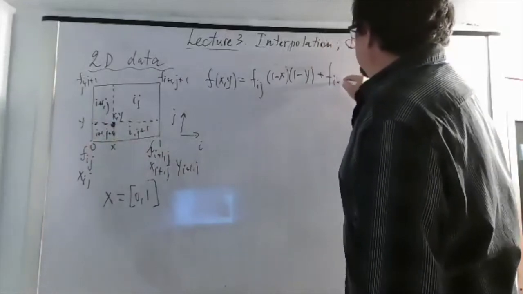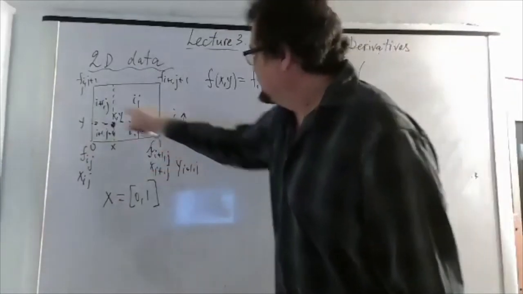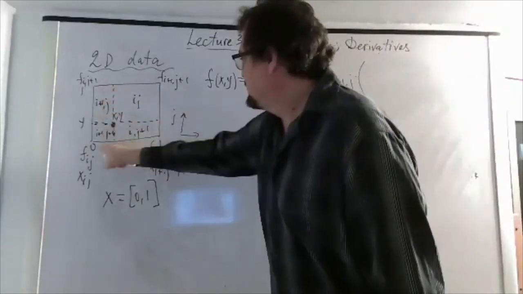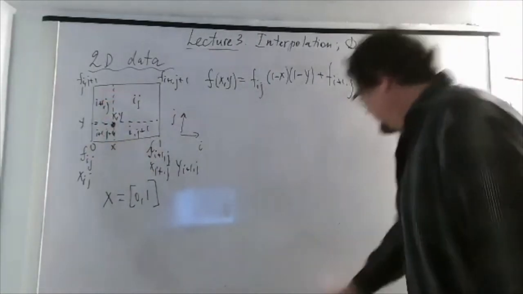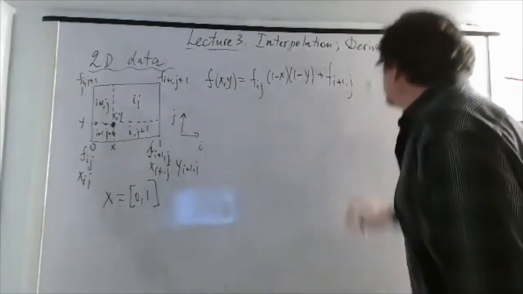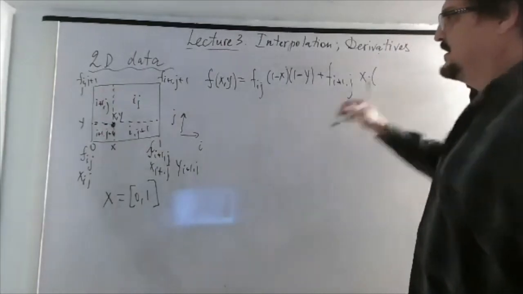Plus Fi plus 1j times, so it's this grid point, so it is this guy. So it's x times 1 minus y